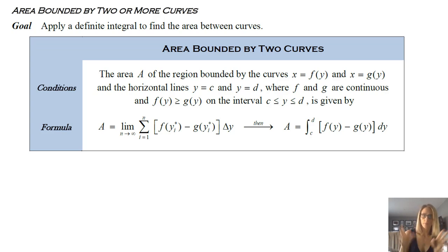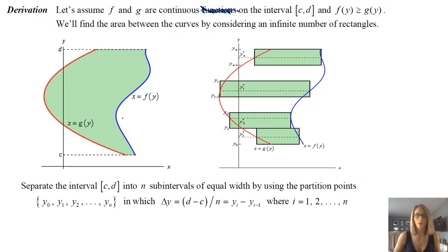We're still just adding up an infinite number of rectangles, except that the width and the height of the rectangle are perpendicular to the ones that we were doing earlier. If you look at these pictures here, we're trying to find the area between two things that look like this. Notice you have more of a vertical aspect, and so what that means is our rectangles are going to be these horizontal rectangles.